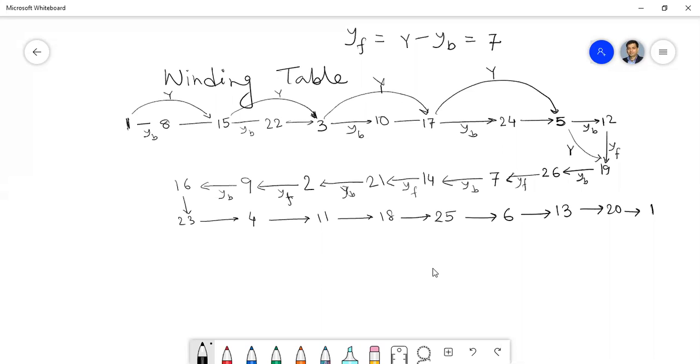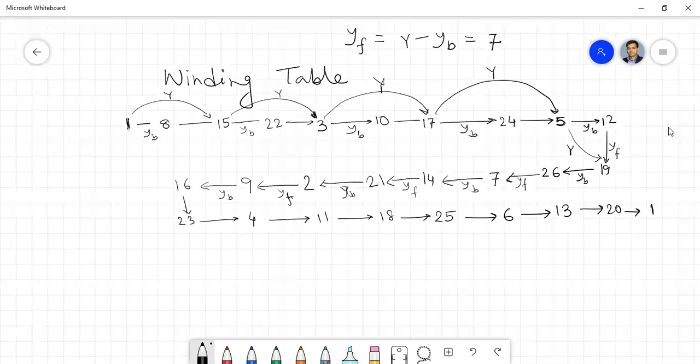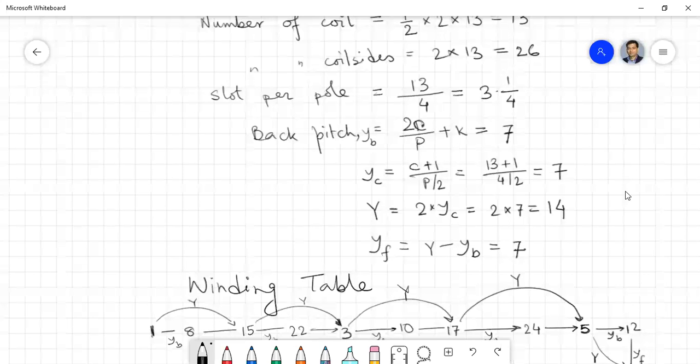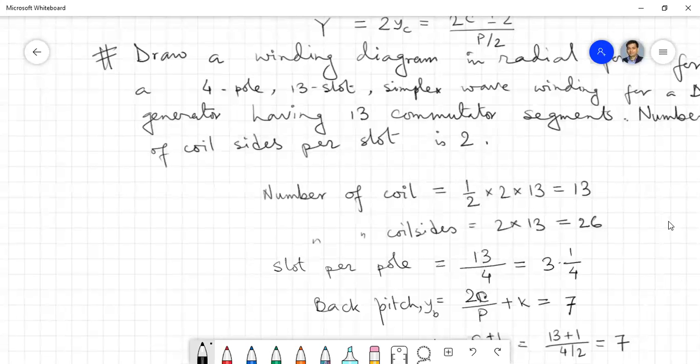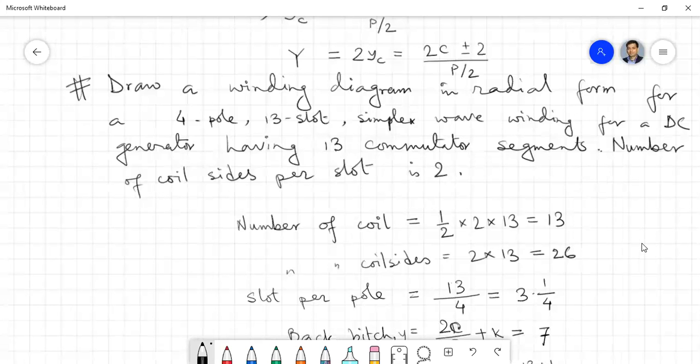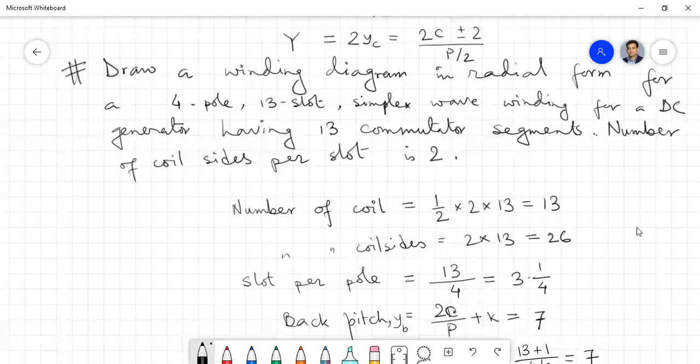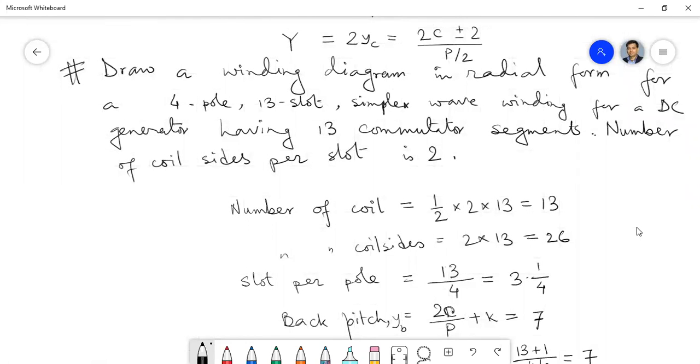Now, today I will give one more assignment for the next class. But these you don't have to draw in the drawing sheet. You can draw, but not necessary. You can also draw in A4 size sheets. But the problem will be different. The problem will not be the same. So you just change the number of slots and the commutator segments. You take it